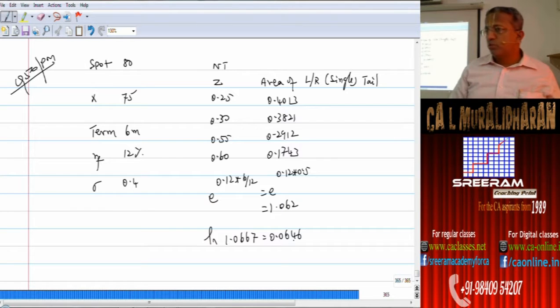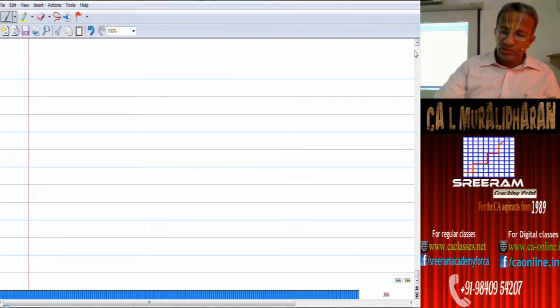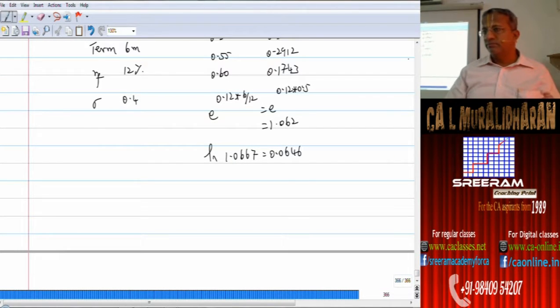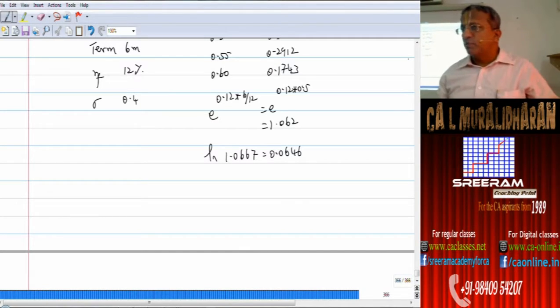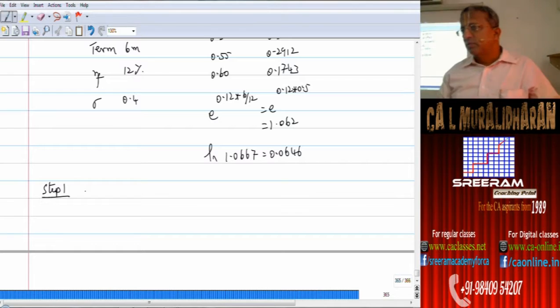How do we go about? So, a typical examination problem, inputs will be like this way. In a classroom, you will have the basic data and Z values, normal table values, natural log, you will have it at the end of the workbook. So, the trouble of picking up from the table is reduced, but they are given in a very challenging way. That is the one that we are trying to decipher to the one that we are trained with.